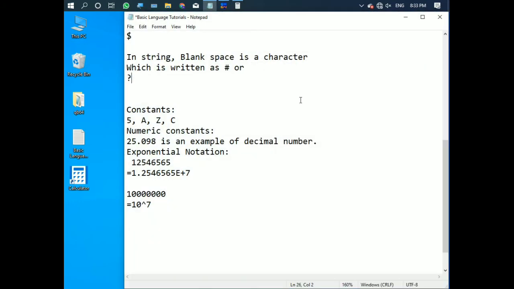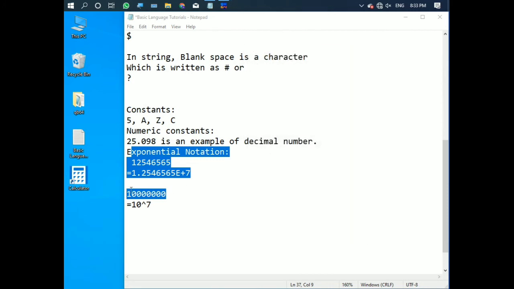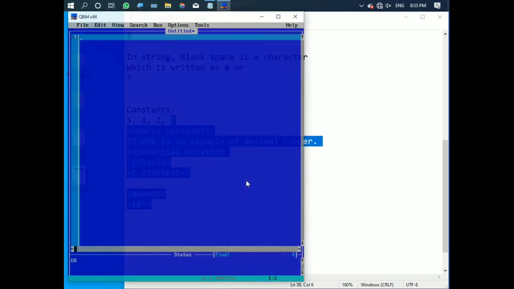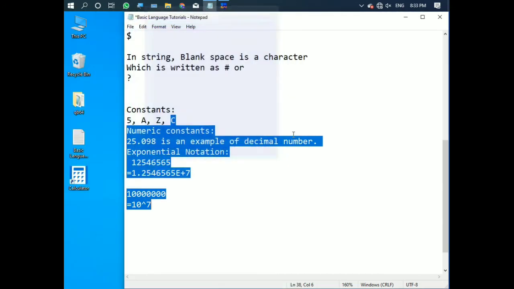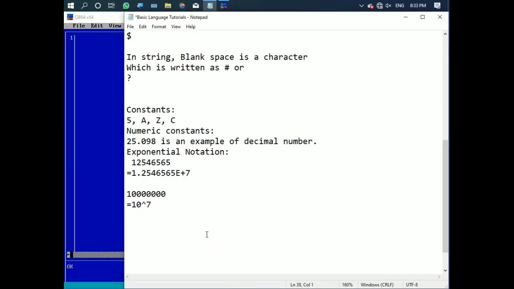Why are we learning this? Why are we learning this exponential notation? So that we do not get confused about what this E plus 17 added to this is, and why this point is coming. For this question, this has to be learned for doing our basic language. So our constants, meaning the exponential notation, has been done. Now let's move on to our next topic, about what things we can write.